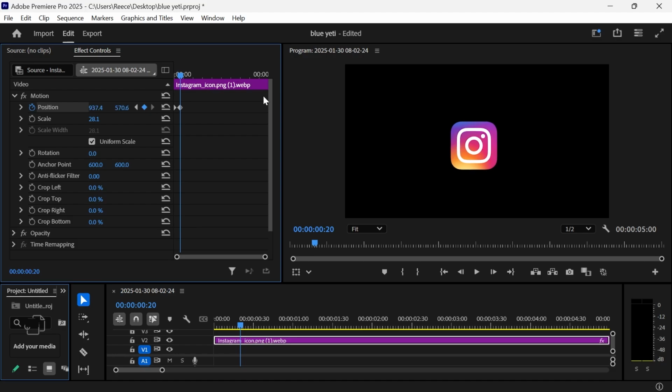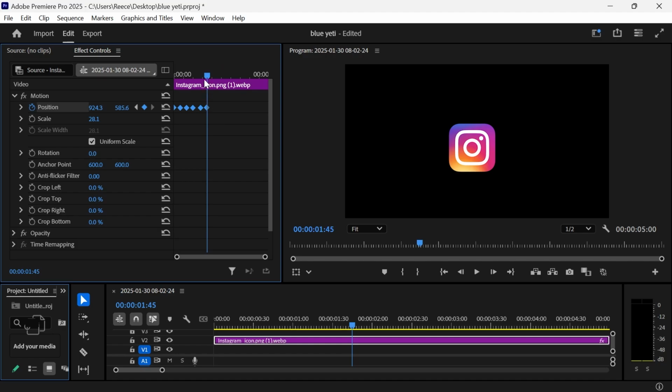Now once again hold down the Shift key and press the right arrow key 4 times, and then just like before hold down the Control key and move these values ever so slightly. Now you need to keep repeating this process until you have around 10 keyframes. Once you have 10 keyframes, you can select all of the keyframes like this, press Ctrl C on your keyboard